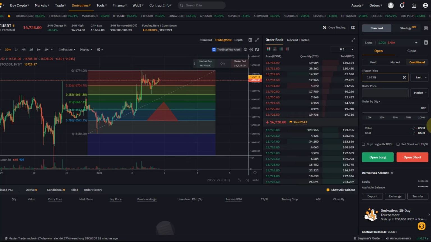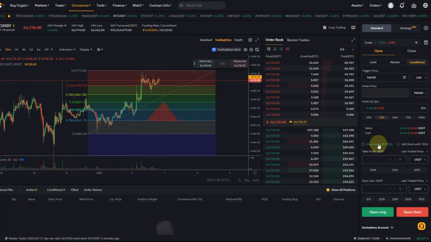16,630, for example. And I could use a small position size, 25% of my portfolio. In reality, it would probably be a bit smaller, but I don't have a lot on here at the moment. It's just for demo purposes. So we could say I want it to be triggered at 16,630. Then I want to open a long, but I also, in addition to that, want to